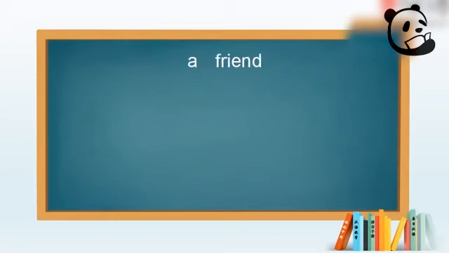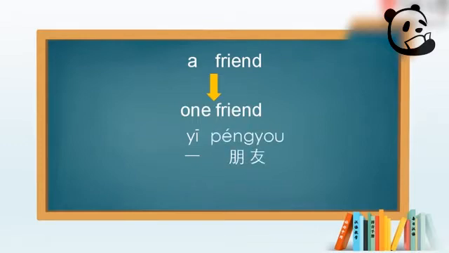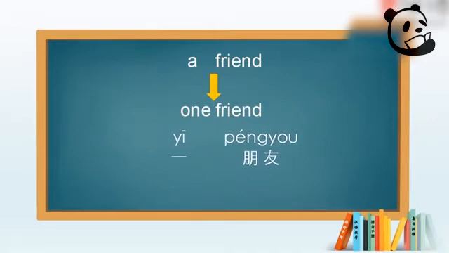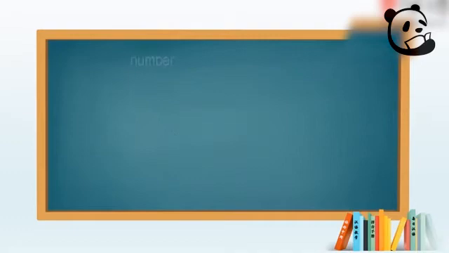say a friend. In Chinese, we will say one friend. One is 一 and friend, as you know, is 朋友. To say one friend, in Chinese, we should insert a measure word between one and friend. And this measure word is 个. So, one friend, 一个朋友. In Chinese, whenever we want to use a number before a noun, we must insert a